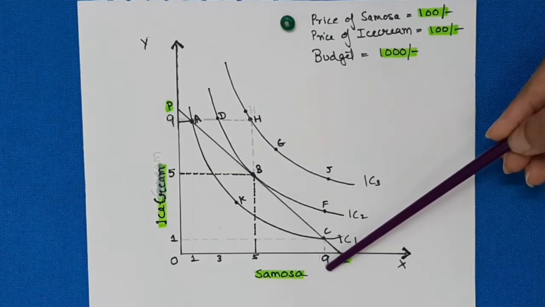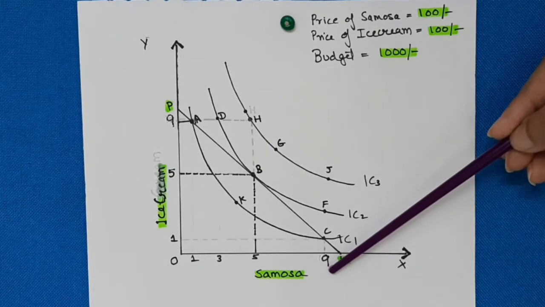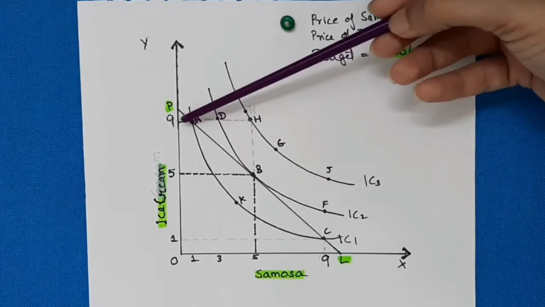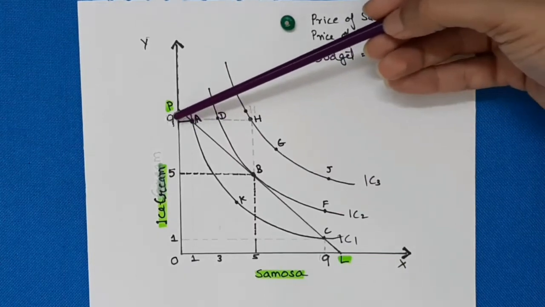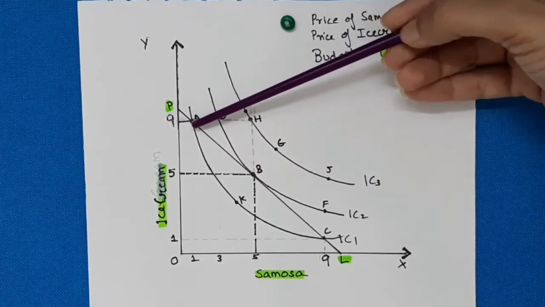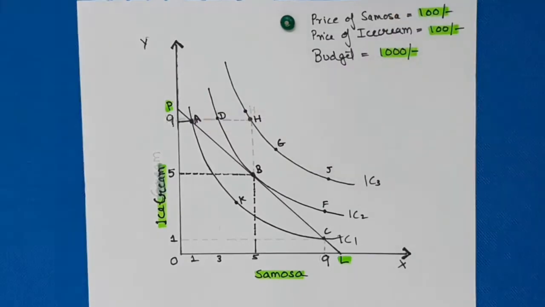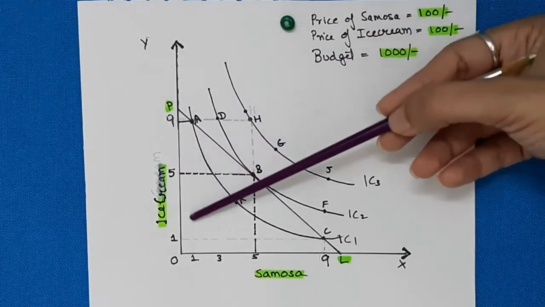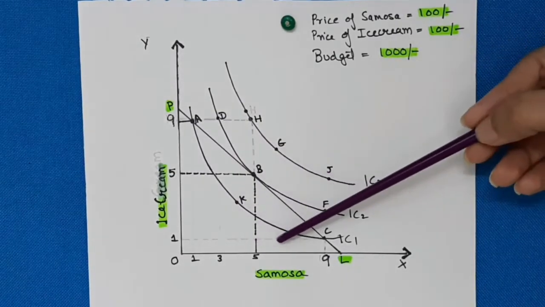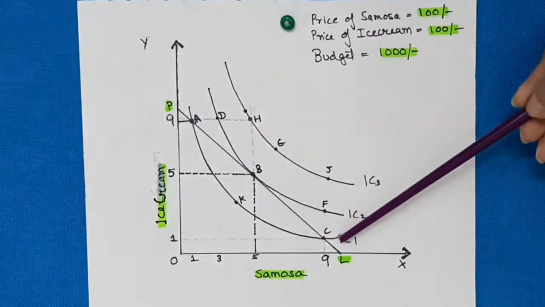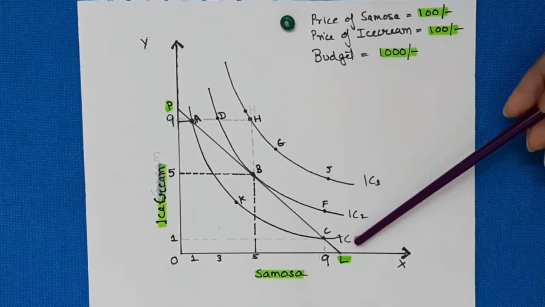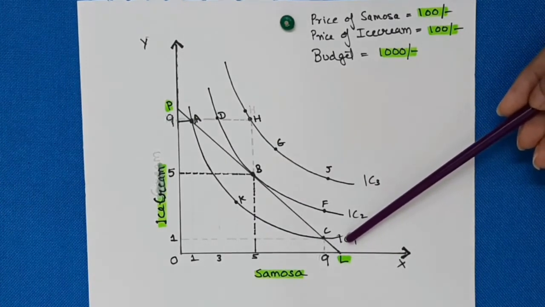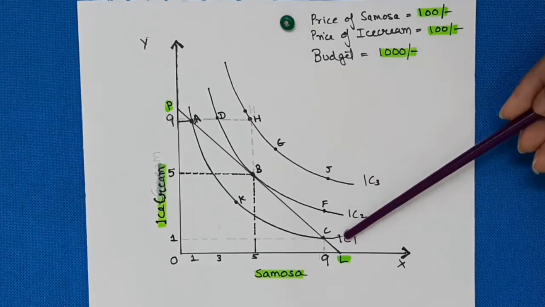That is what we have assumed, and it is a logical assumption, because we are not increasing the amount of samosas while keeping the quantity of ice cream the same and still saying it gives the same level of satisfaction. We are doing this because we are reducing some amount of ice cream when we are increasing the quantity of samosas. So we can easily assume that this particular IC1 shows the same level of satisfaction to a consumer, whether it is 9 ice cream and 1 samosa, or 9 samosas and 1 ice cream.